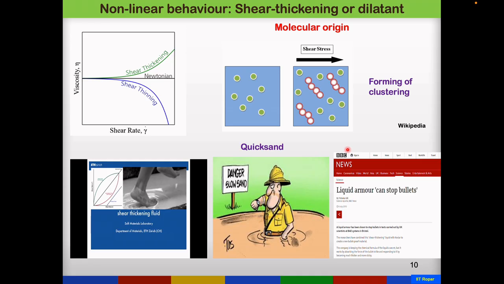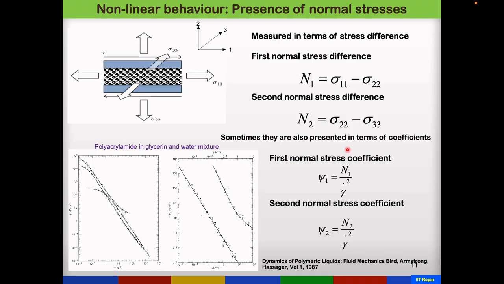Okay, now apart from this, I'll talk about another interesting nonlinear behavior that most of the complex fluids exhibit, which is the presence of normal stresses. So this is the same flow setup that I talked about in the last slide. Two parallel plates. If you keep a simple fluid, a Newtonian fluid, it will originate a stress component in